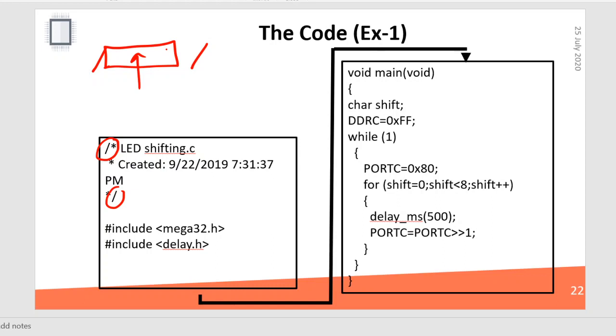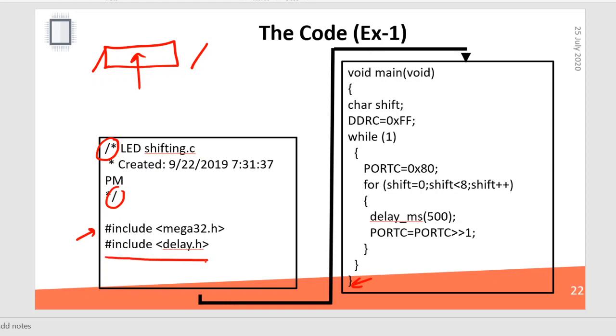The main code will start from here, this hash include line, and it will end here. You are already familiar with the hash include line. These are the lines to include header files. Whenever you are dealing with the ATmega32 microcontroller, you have to include the header file of ATmega32, and that header file is mega32.h. Also I am including another header file which is